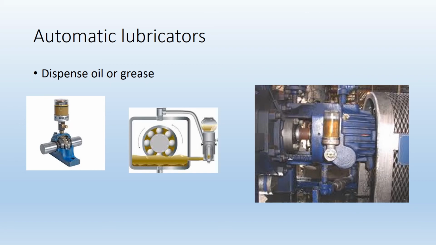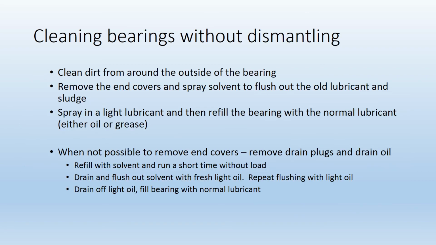For cleaning bearings without dismantling a bearing, before you start, you want to clean the dirt from around the outside of the bearing housing. Then remove the end covers, spray some solvent to flush out the old lubricant and all the sludge. Once that's done, spray in some light lubricant